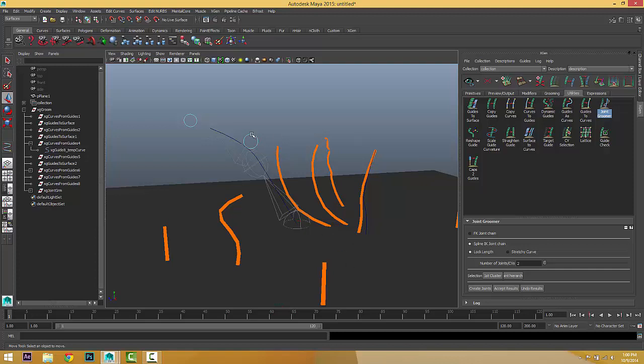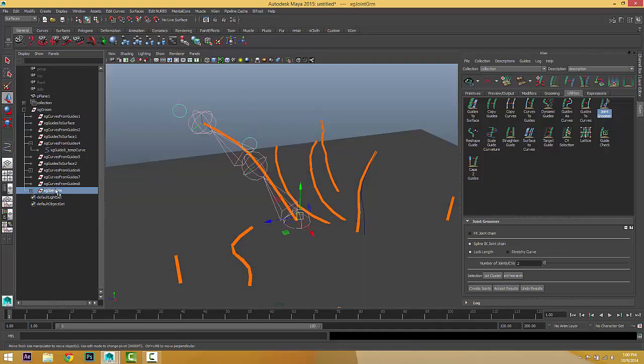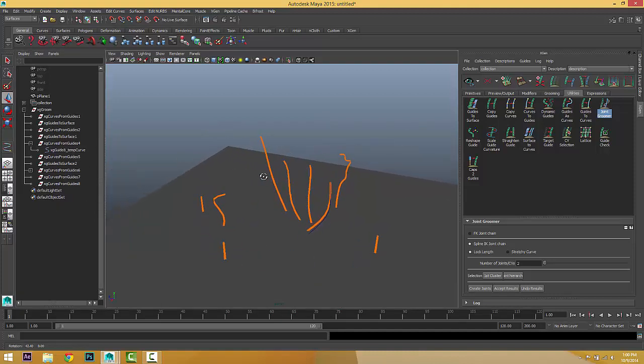Okay, select any of these control shapes. Okay, make sure they are selected, and choose accept the result. We'll get the guides again, and we can just delete the control point with the bones, which will create a folder or group inside the outliner. You can delete all of them together. Okay.